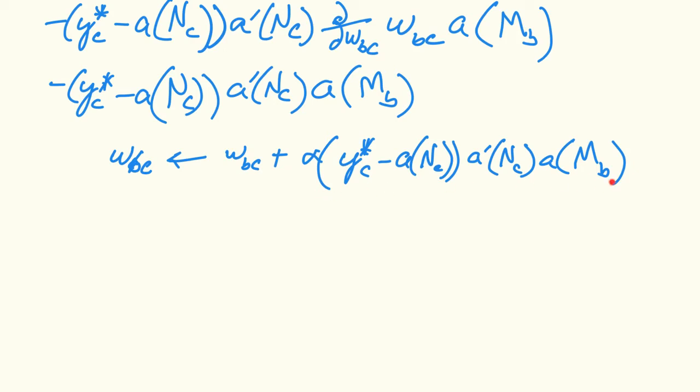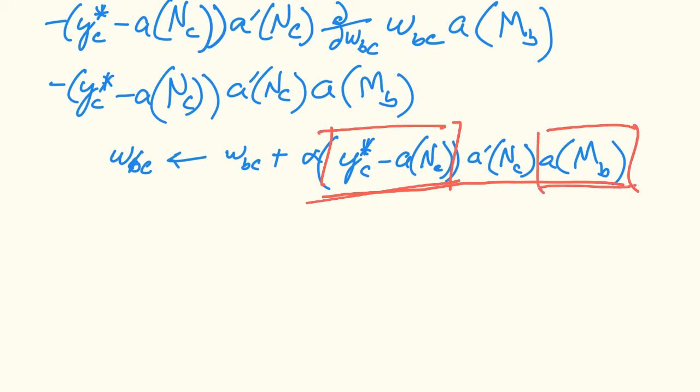And then notice this interesting thing about this is that this looks a lot like the perceptron learning rule. We've got basically the error term right there, and we've got an input element right there, and the only thing that's different is now we've got that thing with the derivative right there. So this is the update just for all of the WBCs, which are the outer layer weights. Now we have to move on to the inner layer weights. Now we're going to have to start all over in order to